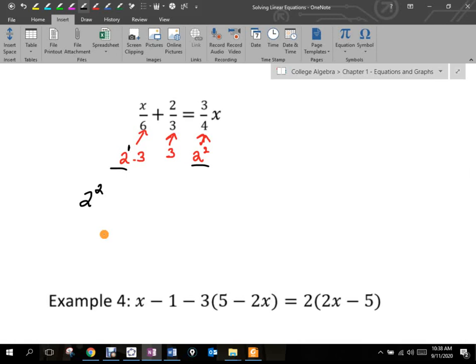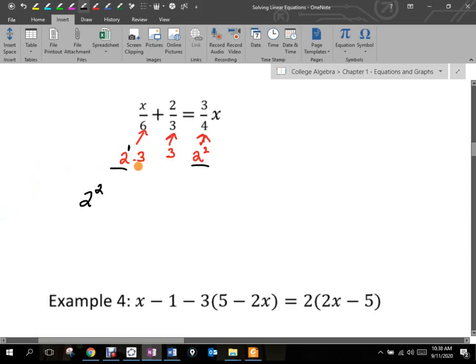Okay? So if I were just to take the 2 and leave that as my LCD, that doesn't incorporate the 4 into my LCD. Okay? But if I take the 4, it automatically incorporates the 2. So we always take the highest exponent. Okay? Now if I go to the next term, the next